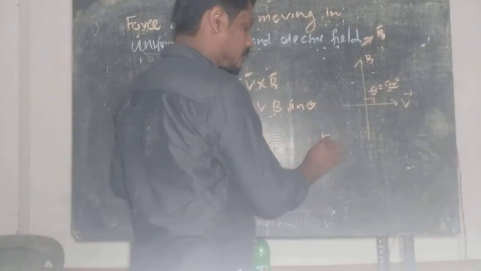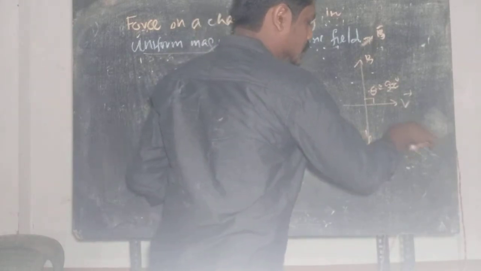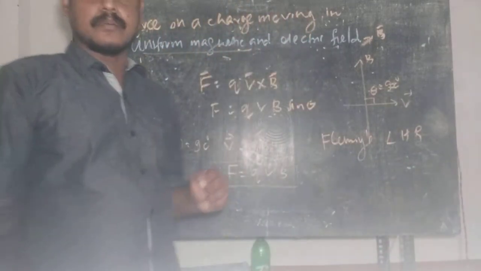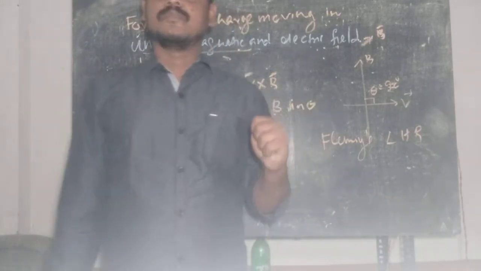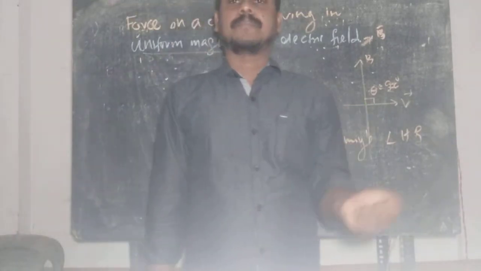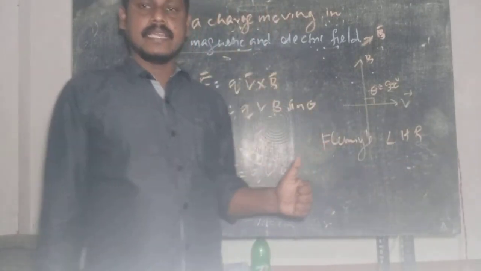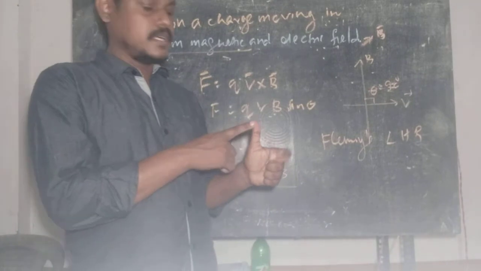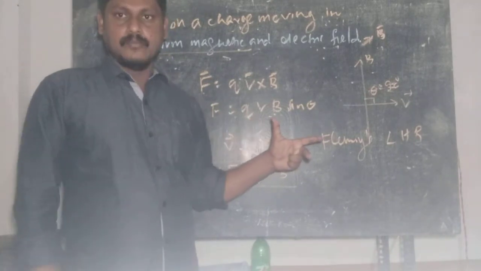So Fleming's left hand rule is used to determine the magnetic force experienced by the electric charge when it is moving with a velocity perpendicular to the direction of magnetic field. And it states that if you stretch the thumb, forefinger and the central finger of the left hand mutually perpendicular to each other,